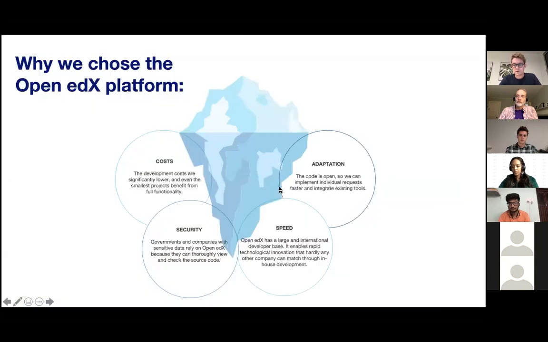So let me start with why we chose Open edX. For us, there are many advantages, but I just want to break it down to the four elements that made us go in this direction. The first one was costs.